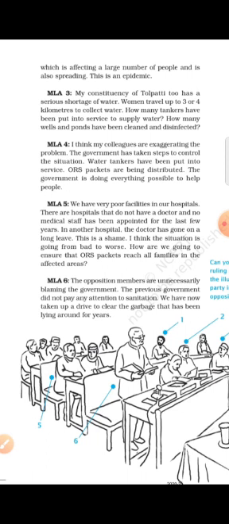Okay, if you say all the doctors are there and we have sufficient staff, but some doctors are on leave and they are not doing their duty. So how can we say it is not a very shameful situation for our state?